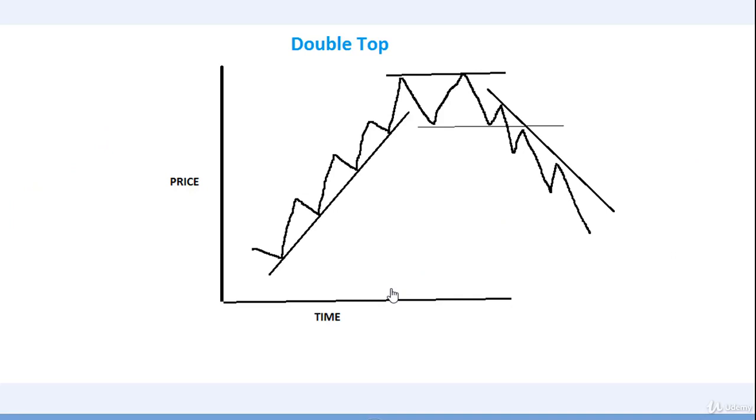Double top pattern is a bearish pattern and can be seen before the starting of a downtrend. In an established uptrend, when the last peak is formed, this is the last peak, and the next peak fails to cross the old one. This is the second peak and this is at the same level of the first peak.